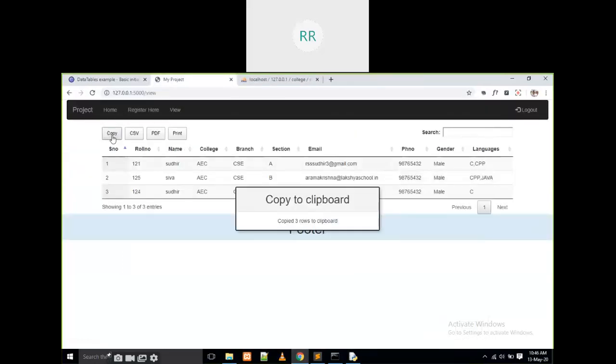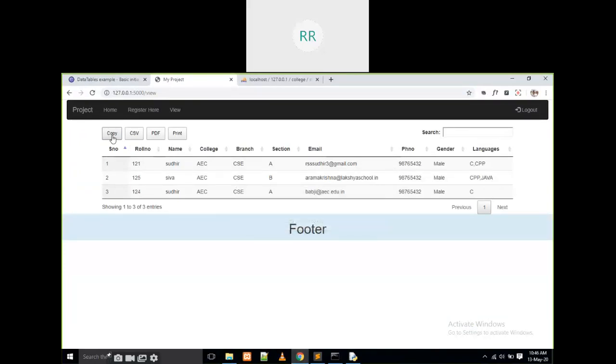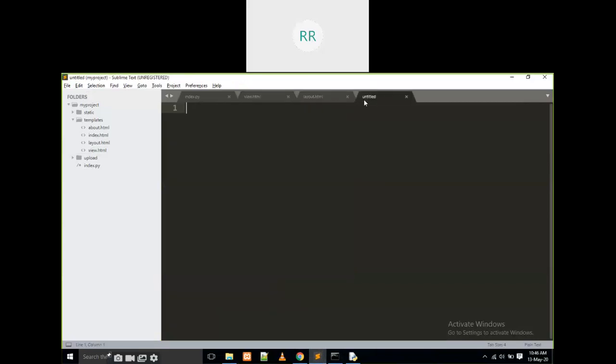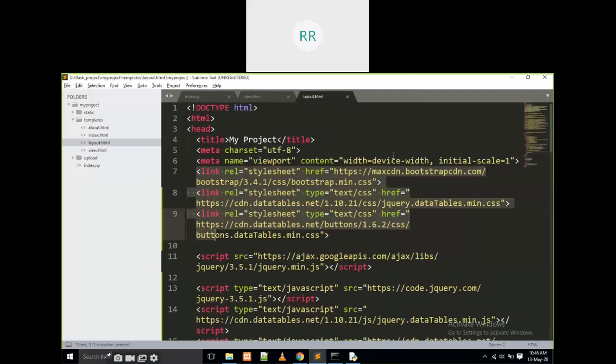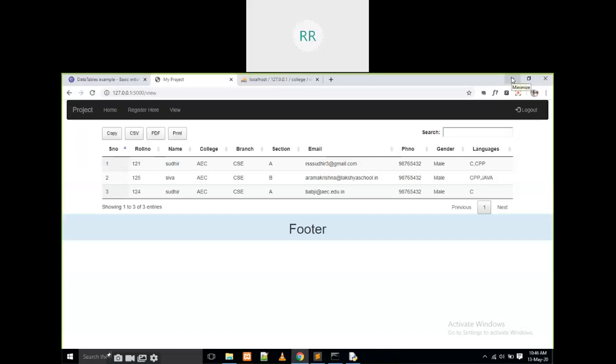If you click on this one, it is going to be copied into the clipboard, and if you open an Excel sheet or anything and paste there, it is automatically pasted. Okay, this is the DataTables step. Just tick this one. DataTables is done. One step is done.